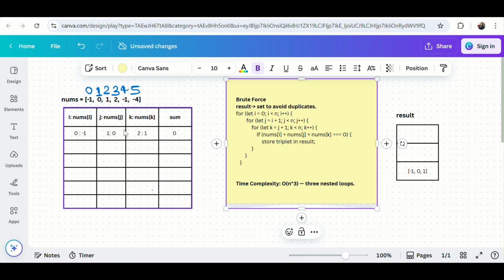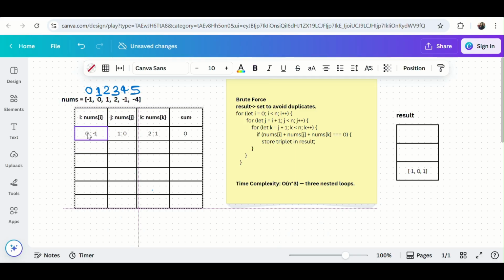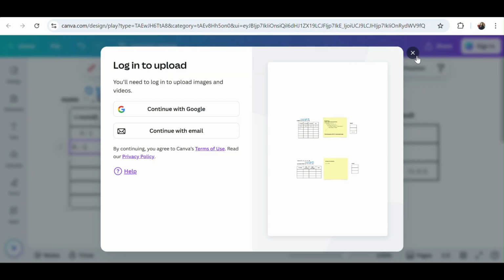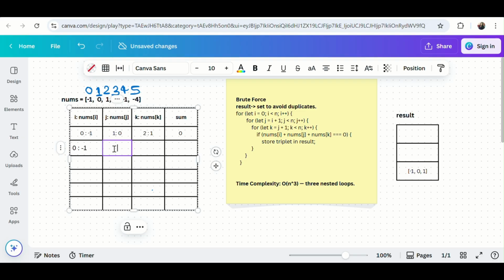Now we are going to check for 0. Both of these elements are going to be the same, but we are just going to increment the value of k. So for 1 and minus 1 and 0, we will look for 2. So is it adding up to 0? Minus 1 plus 0 plus 2 is 1, which is not equal to 0,